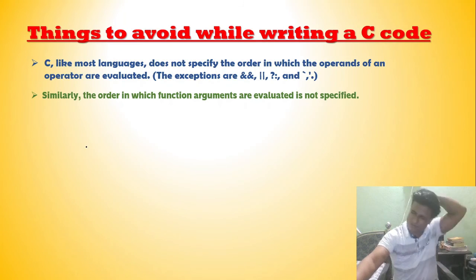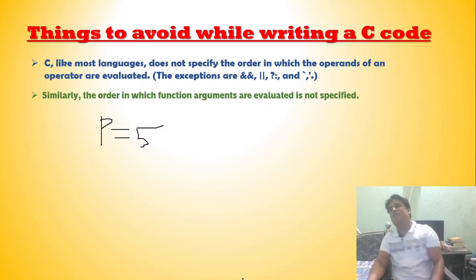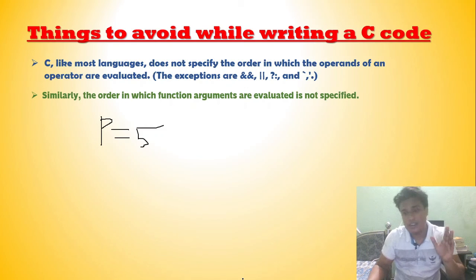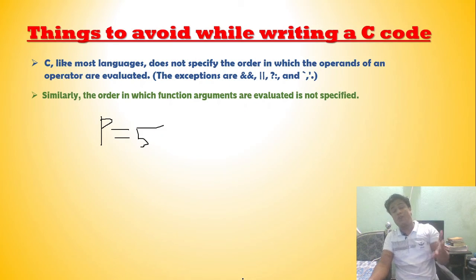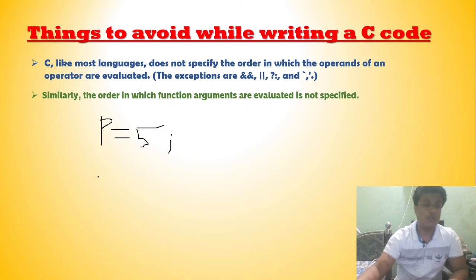Suppose there is code where p equals 5, and we want to increment p and then print the value of p. The printf function is also a function which can take many arguments, like I told you in the sum of two numbers code, where we can take input of two values simultaneously, like a and b. So you can take two or more arguments. We have to printf this value. Suppose we write printf.